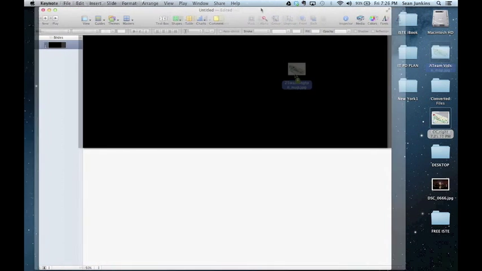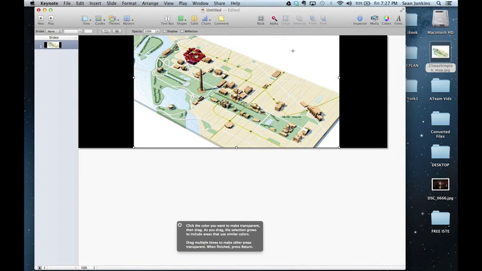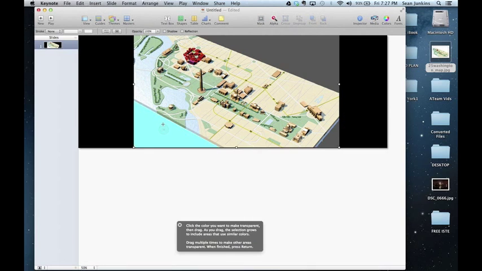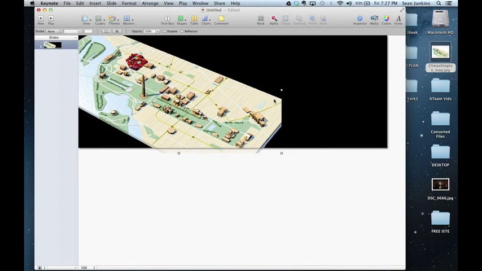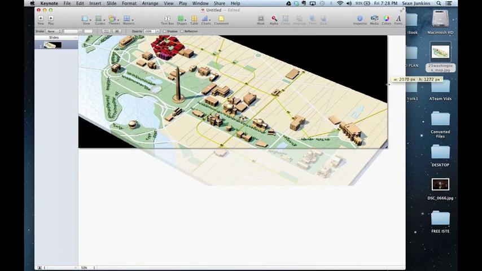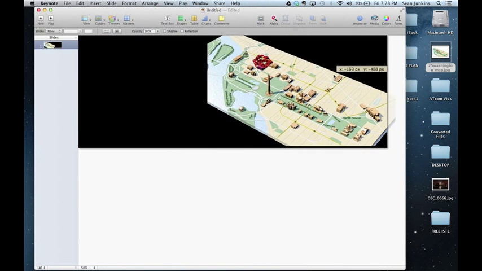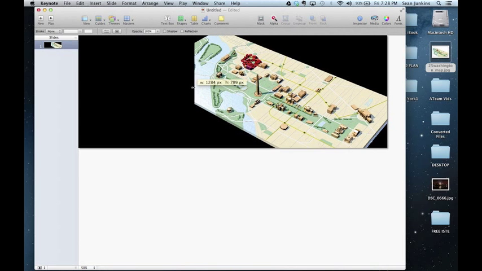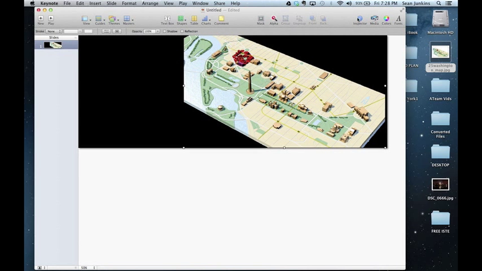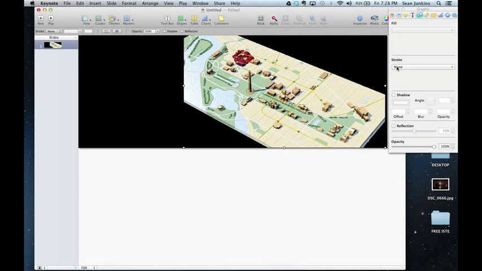I've got a map of the National Mall in Washington, D.C. I'll drag it into Keynote, but when I try to fill up the page, you'll see that it cuts off some of the map's content. This map isn't made to be displayed in this panoramic form. So I'll just let the image fill as much of the page as it can, and I'll add a few